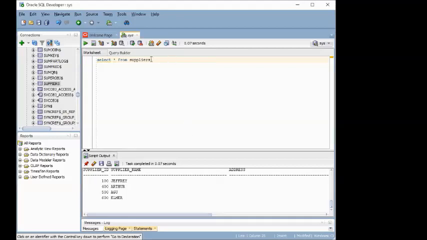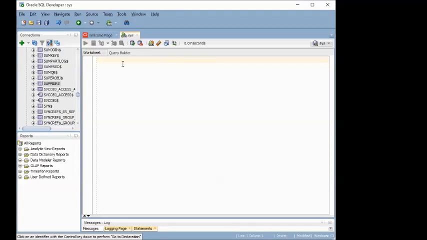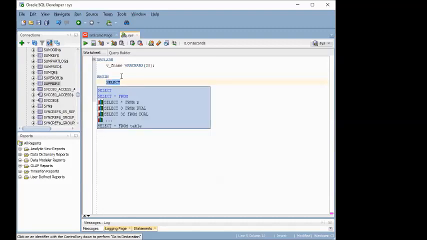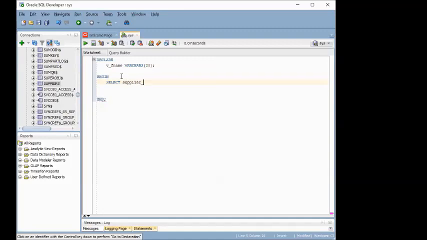Okay, let's have an example based on the given on the LMS. So now we'll be using declare, begin, and end. I want to declare VF name as a variable character with a maximum of 20 characters. Okay. Now, I want to select a supplier name into what we created, the VF name